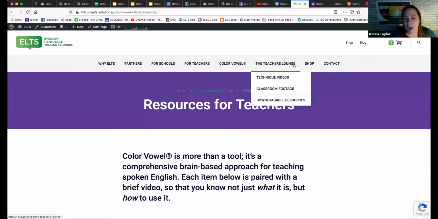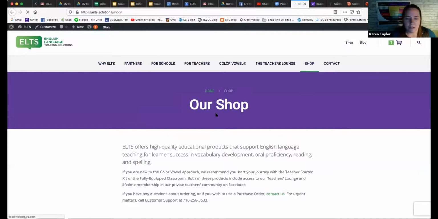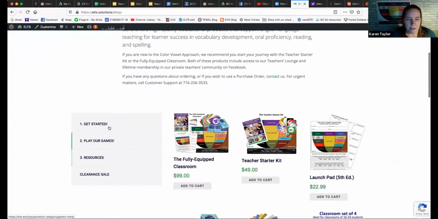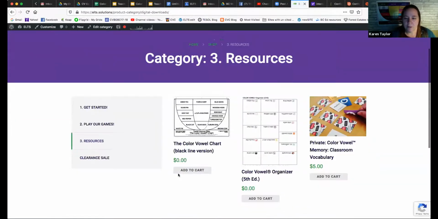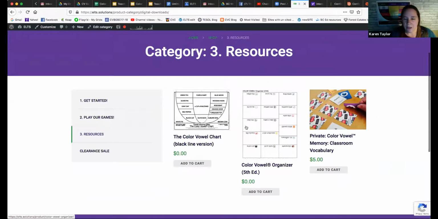In our shop, we really give a strong sense, if you're new to what we do, of where to get started. We have the Get Started tab where you can either get the fully equipped classroom or the teacher starter kit. We do have our resources if you need and want some free resources before you start, including those 2 items.